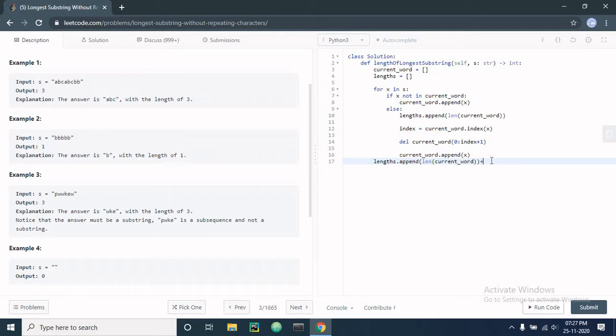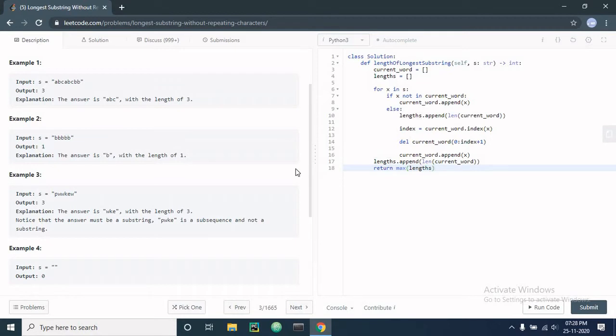Then we can return the max element of the lengths array, which will be the max length.